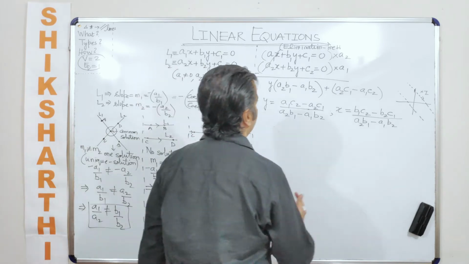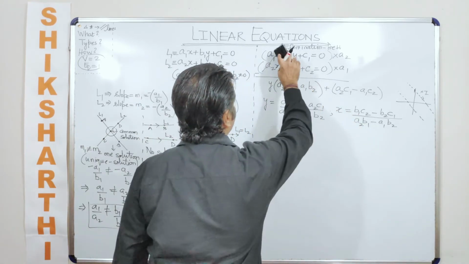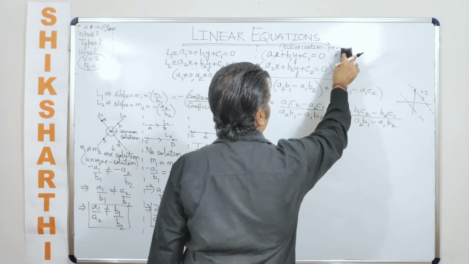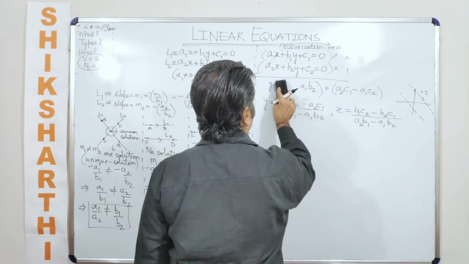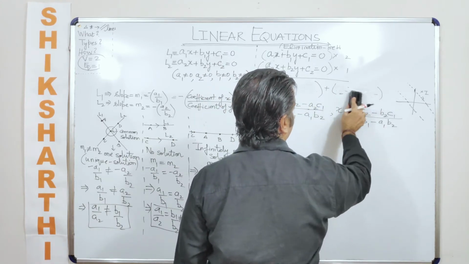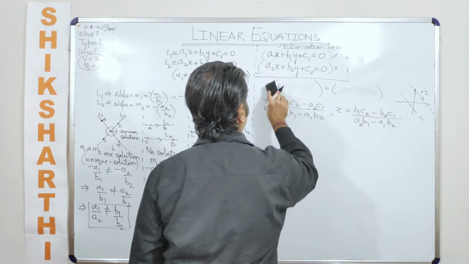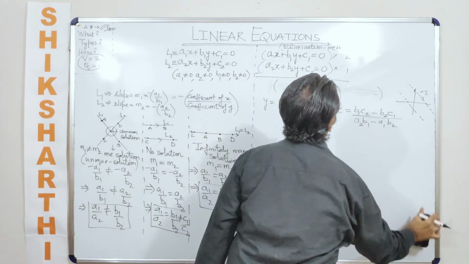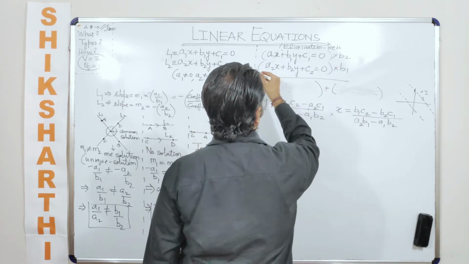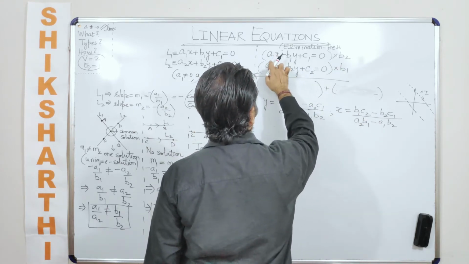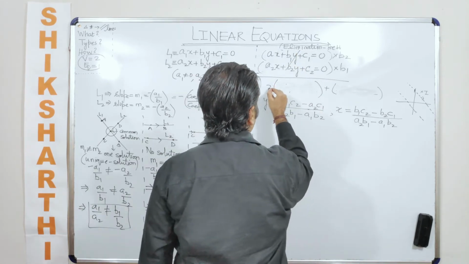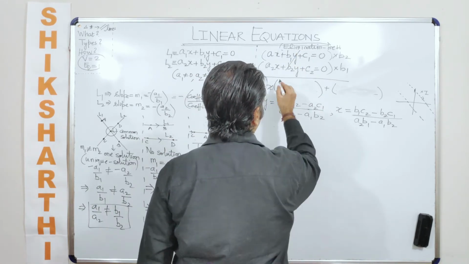So in that case, what are we supposed to do? We are just supposed to multiply this as we discussed earlier. We'll just remove this and see whether the answer that we have got here is correct or not. So this we'll multiply with b2 and this we multiply with b1, and then we subtract. When we subtract, y gets cancelled out and we get x times b2.